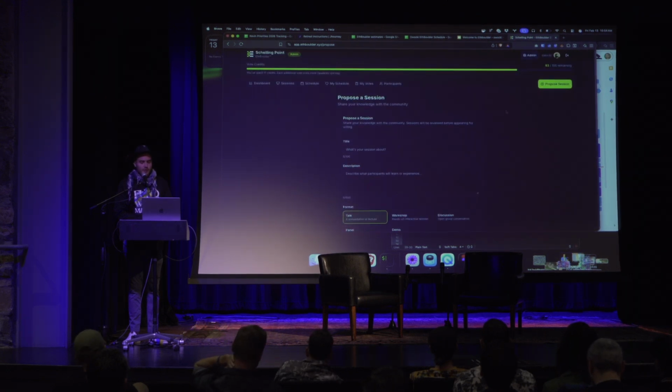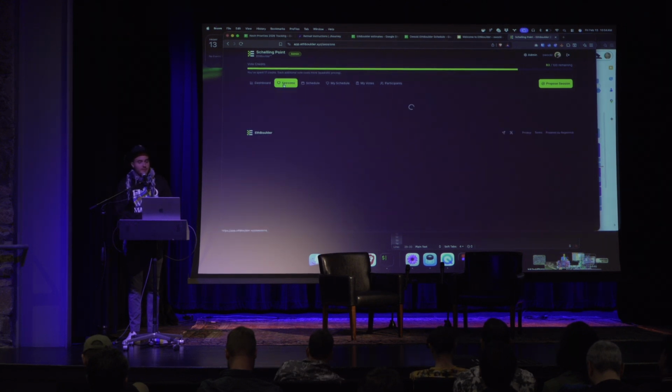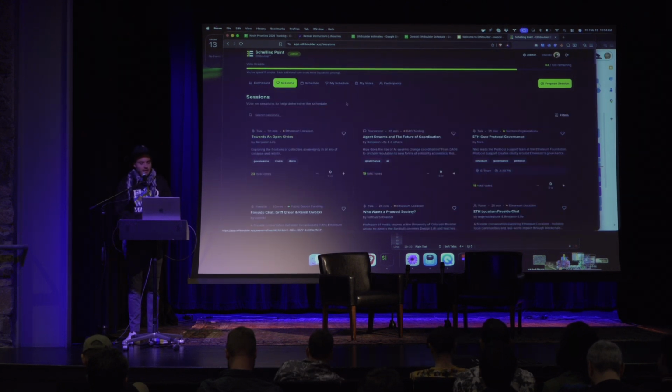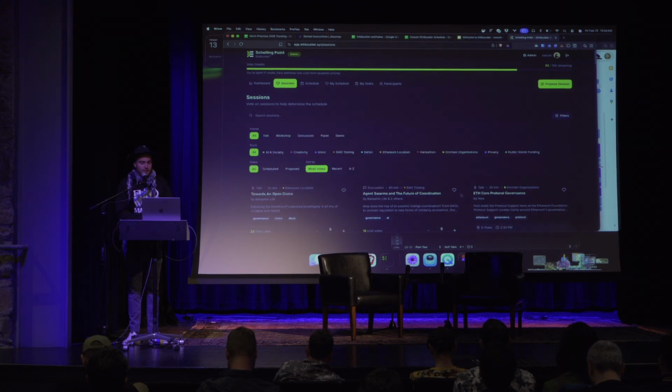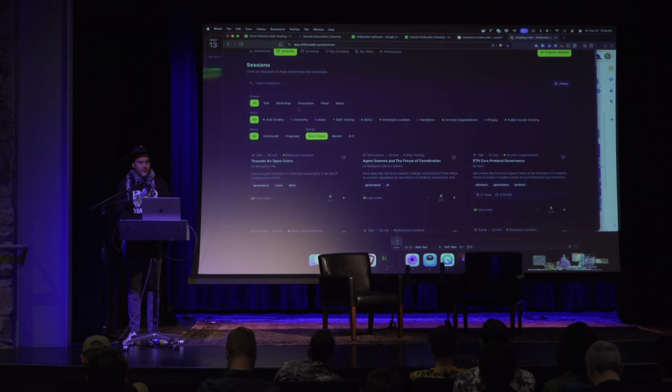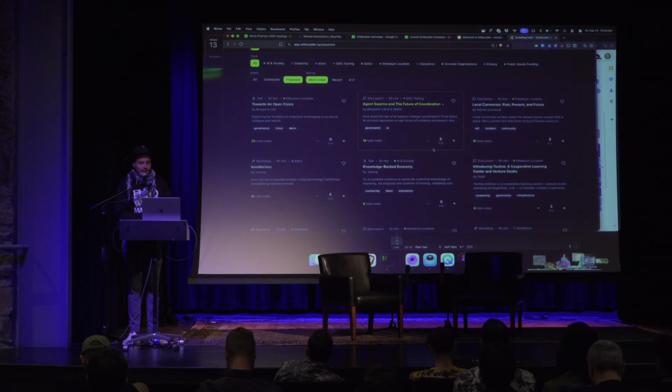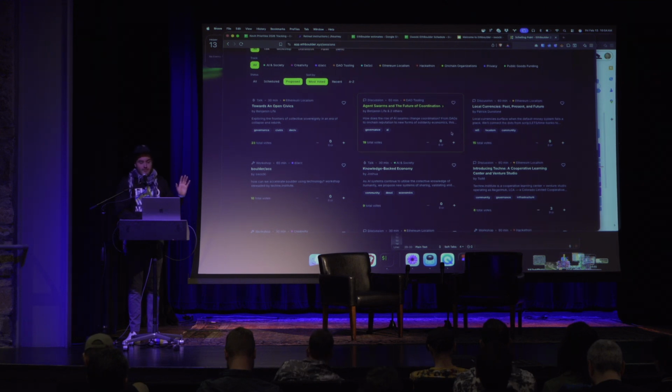Then there's a brief approval process just to make sure we don't get any spammers who are not part of the actual IRL group. Once that session has been approved, you'll see it here in the sessions list. You can filter here by session, by track, and by sessions that have been proposed but not scheduled. And then right here in the interface, you can add your votes. The votes save automatically. There's no need to submit.